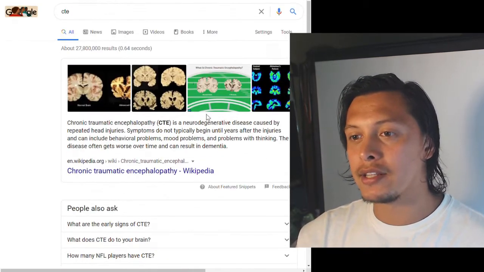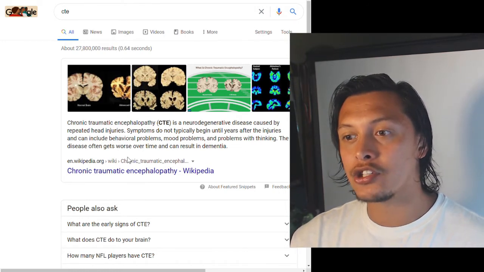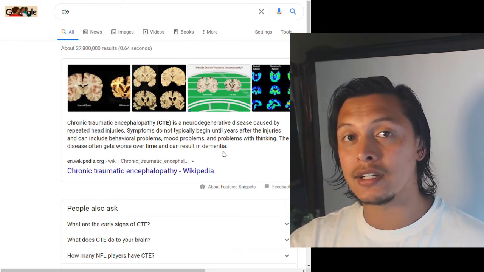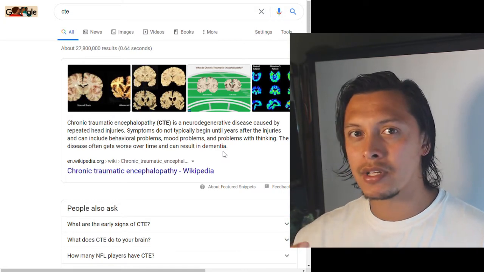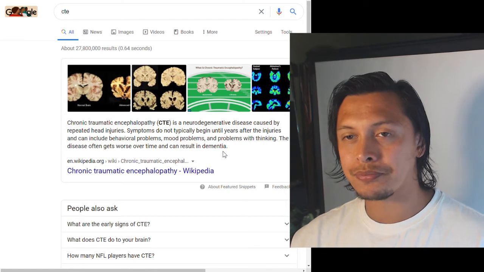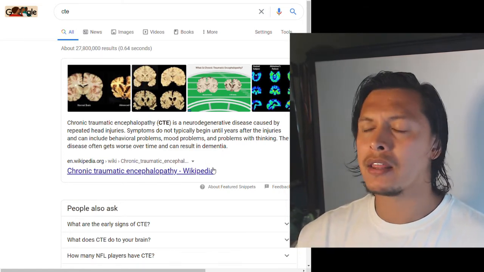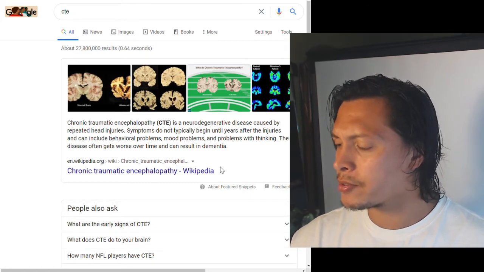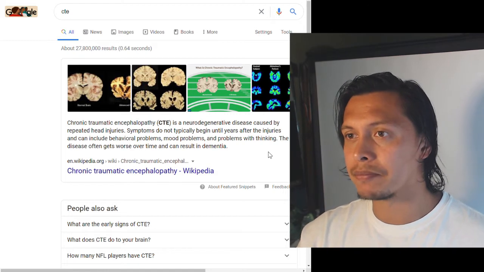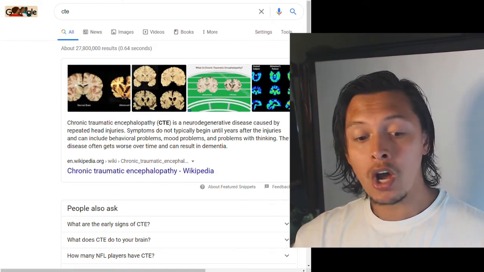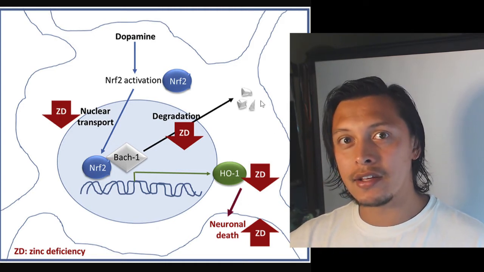Granted, this seems to be a more long-term thing. Granted, it's neurodegenerative, so it seems a lot of times when neurons die, the nearby neurons might also get the signal to die as well. But I think it's the release of necrosis factors, but don't quote me on that. I'd have to reread those cellular signaling papers. Regardless, this is what this lab had